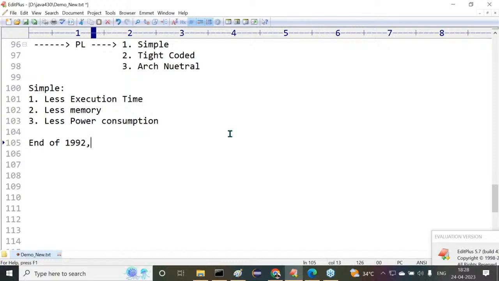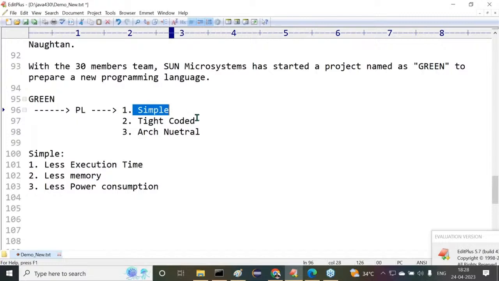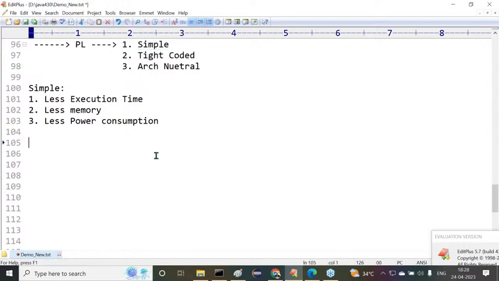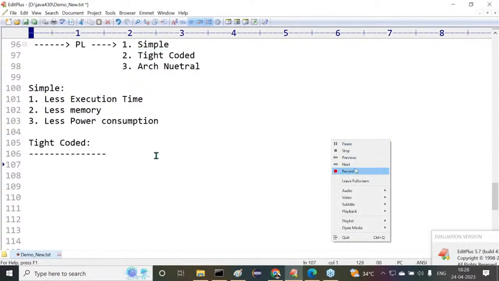Just 1 minute, guys. I discussed only one factor here. What is that factor? Simple, only I discussed here. The remaining two factors I have to discuss. After that, I'll go for the completion of the new programming language. Now let's come to this one. What is this next one again? Tight coded programming language. What is the